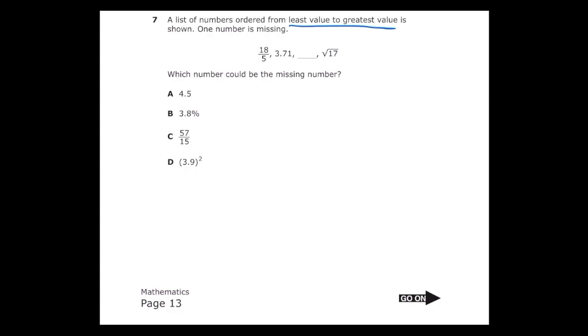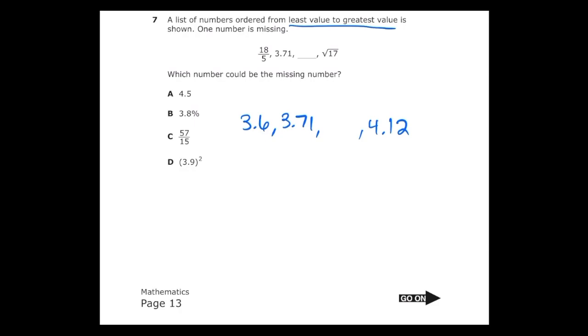So the first one, 18 over 5, that's the same thing as 18 divided by 5, and that's equal to 3.6. 3.71 is already in decimal form. And then my last one, the square root of 17, that's going to be equal to 4.12. Again, just use your calculator for this. And so now I can go through my answer choices and just see which one is going to fit in